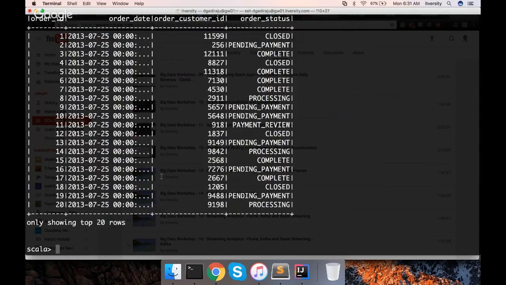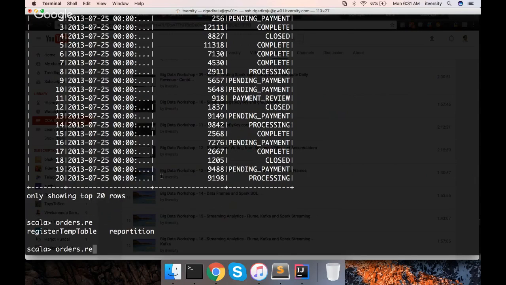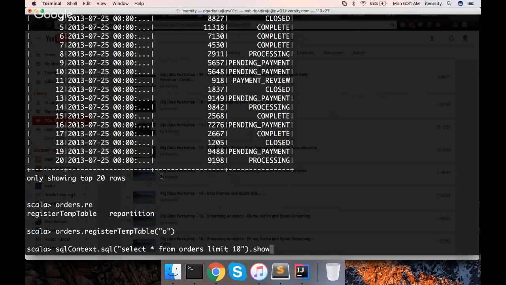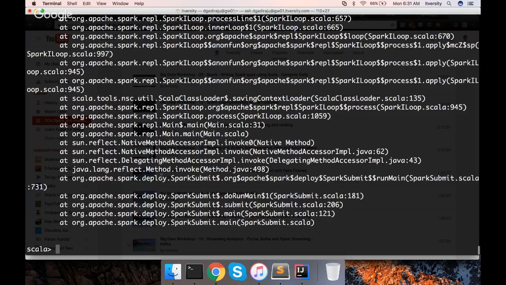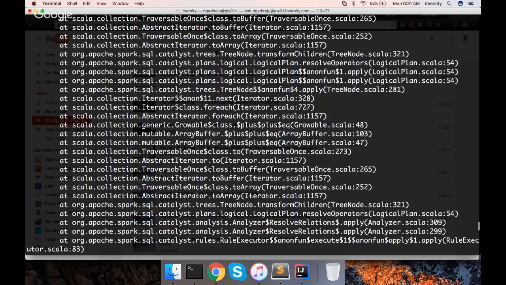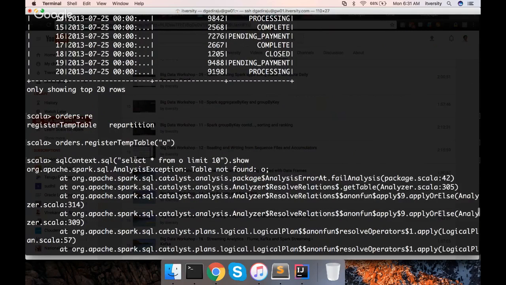And then orders.registerTempTable, let me give it as O. For some reason, it is not able to access this temp table.